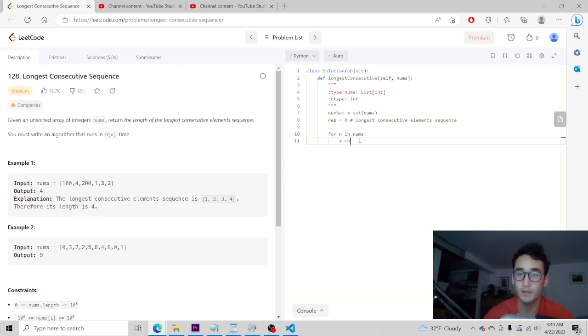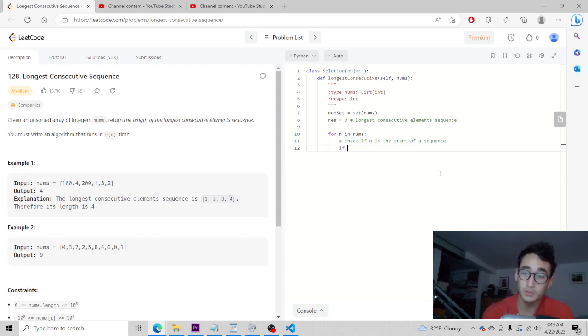So we need to check if n is the start of a sequence.